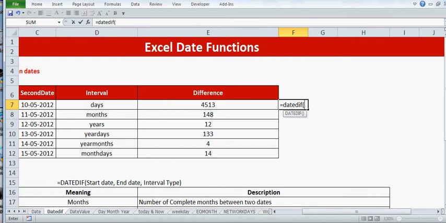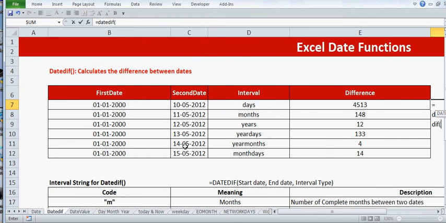Start the brackets, then click on the first date, comma, click on the second date, comma, double quotes, D. Again have a look at the formula: equal to DATEDIF B7 C7, comma, double quotes, D, close double quotes.